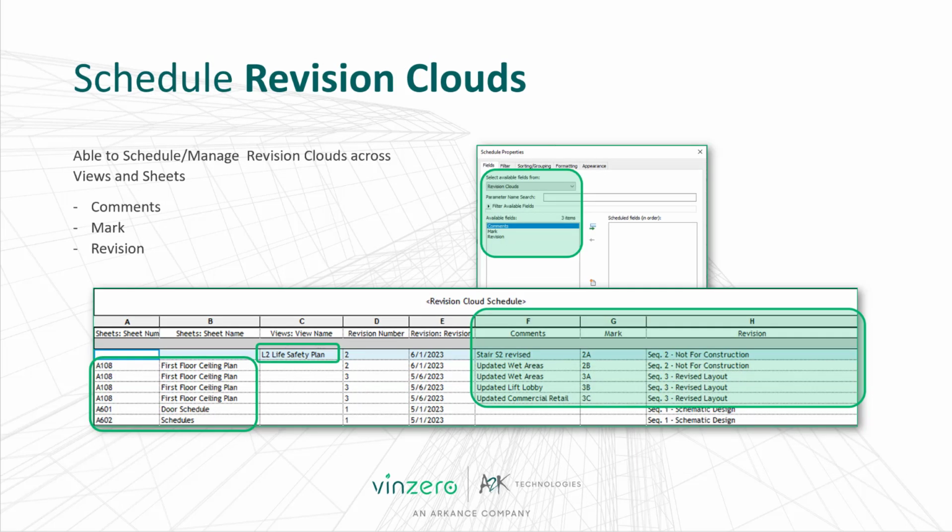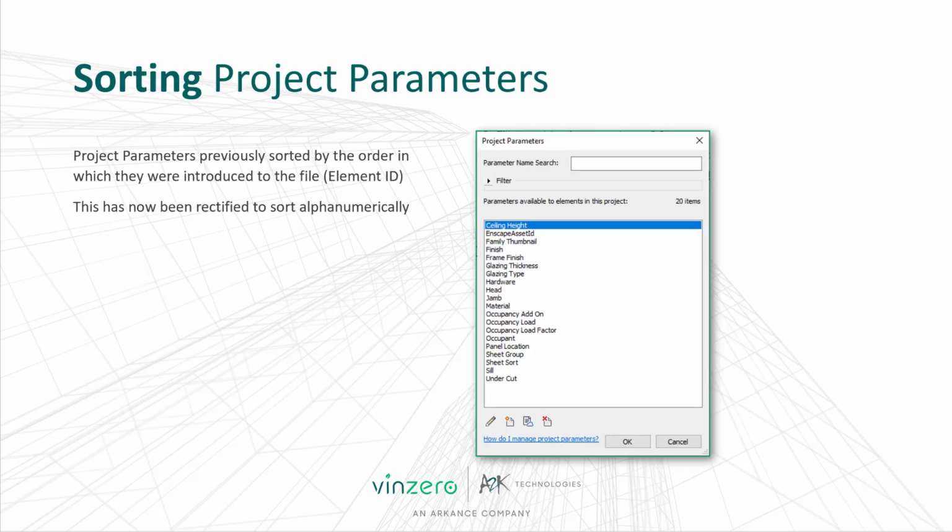The 2024 release gives us the ability to schedule revision clouds, which has been a much needed feature within Revit for many years. Project parameters, previously sorted by the order in which they are introduced to the file, can now be